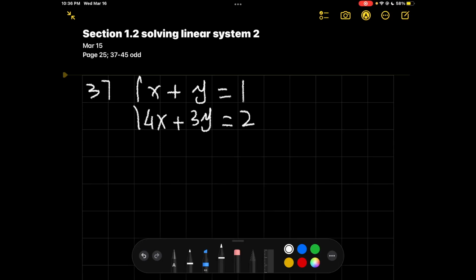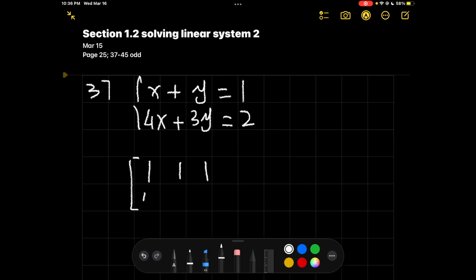Hello everyone, that's how I do my homework of section 1.2, solve linear system 2, page 25, questions 37 to 45, odd questions. It asks us to write a linear system as an augmented matrix, convert the augmented matrix to reduced echelon form, and find a solution for the linear system. So first step, we write it as an augmented matrix, which is 1 and 1 and